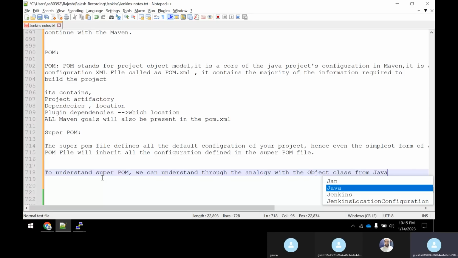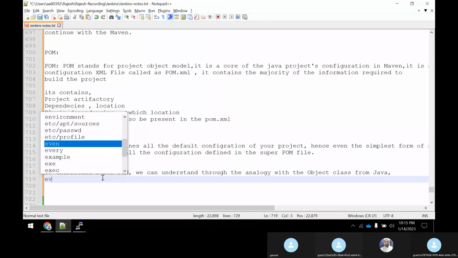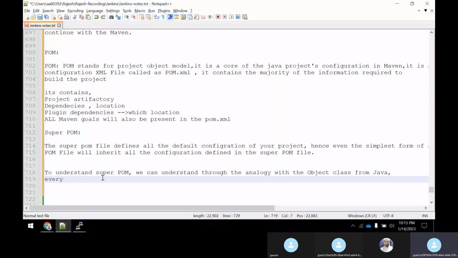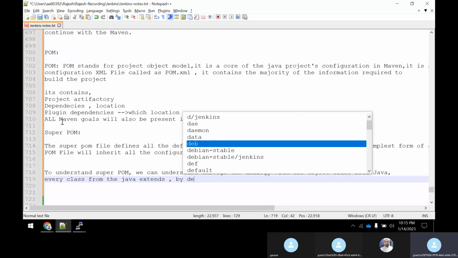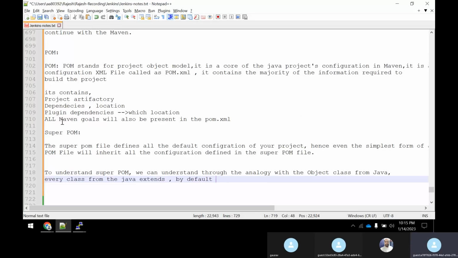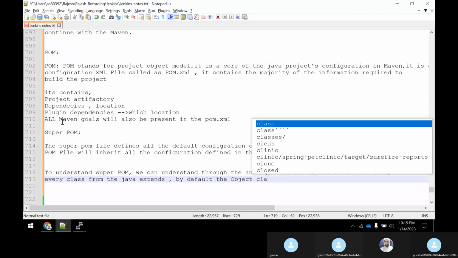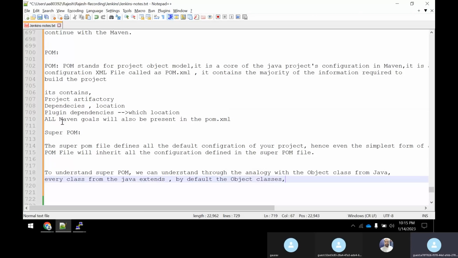Like for example, every class in Java extends the Object class by default.